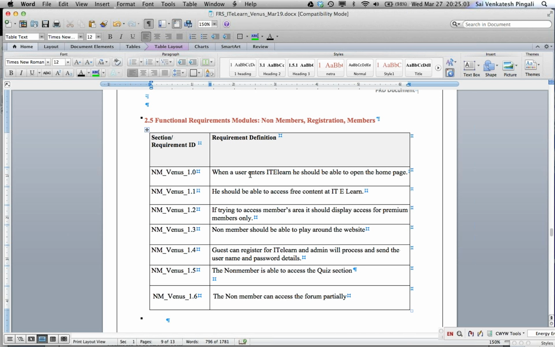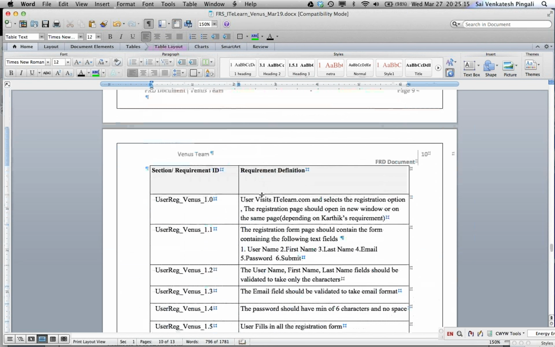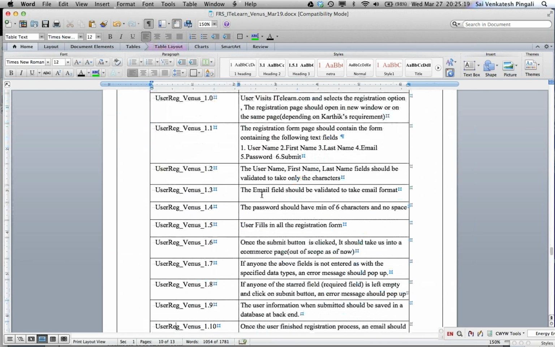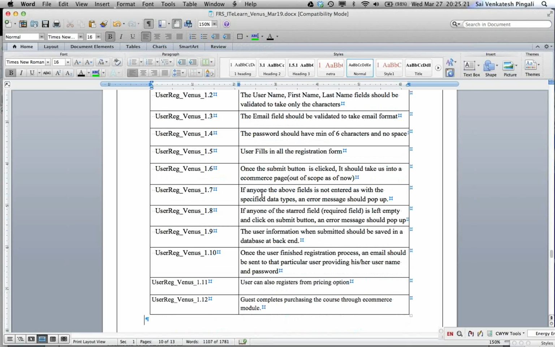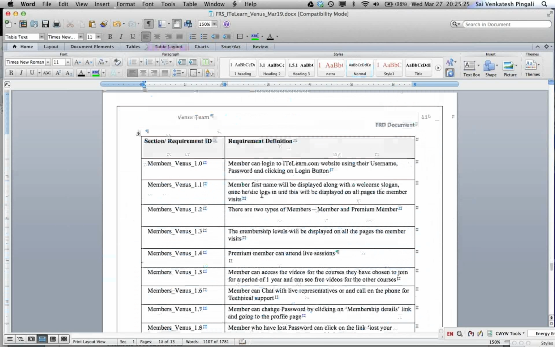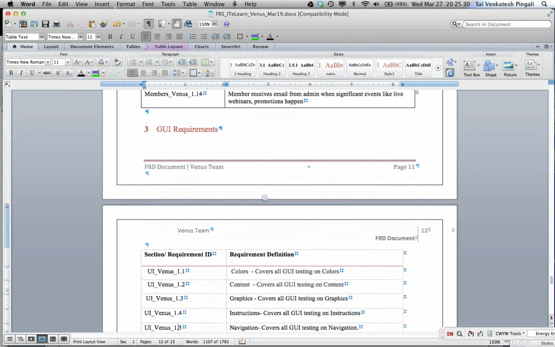So you may come across some functional requirements that are not actually present in the test website. Based on these functional requirements, the use cases were developed. As you can see, we have 12 requirements in the user registration, and the members module has 14 requirements. And the next aspect